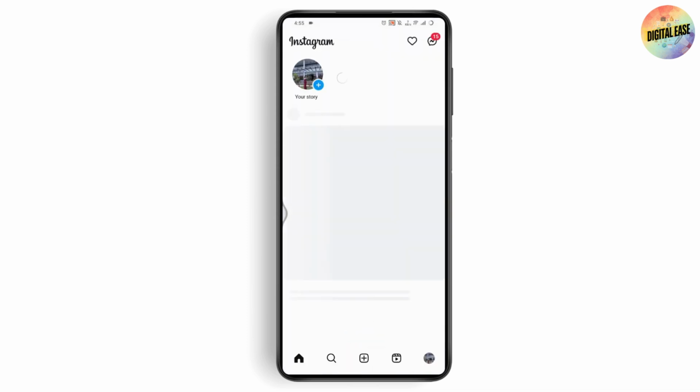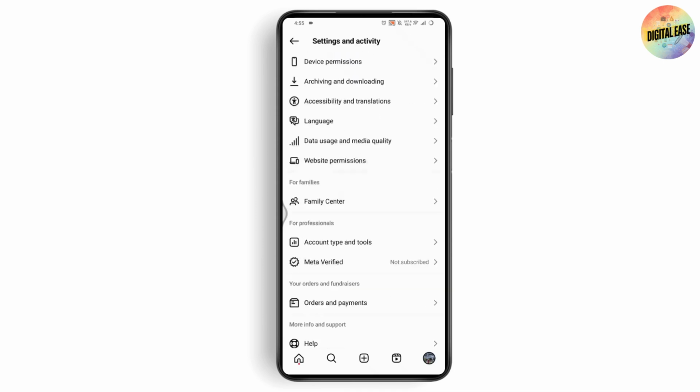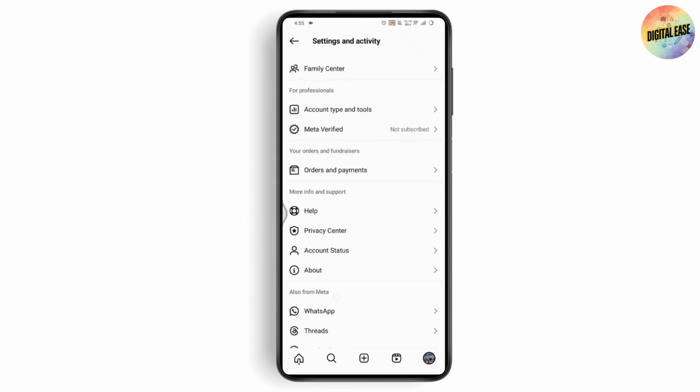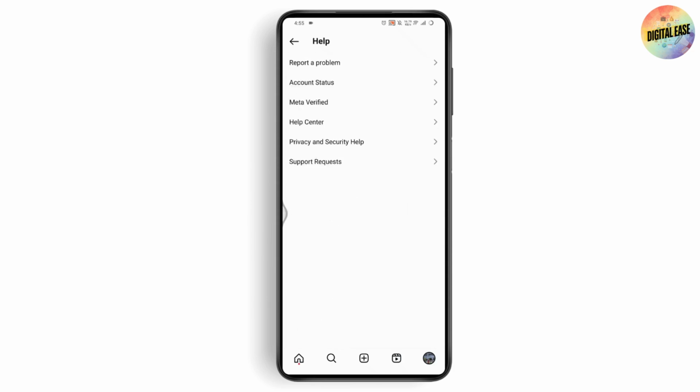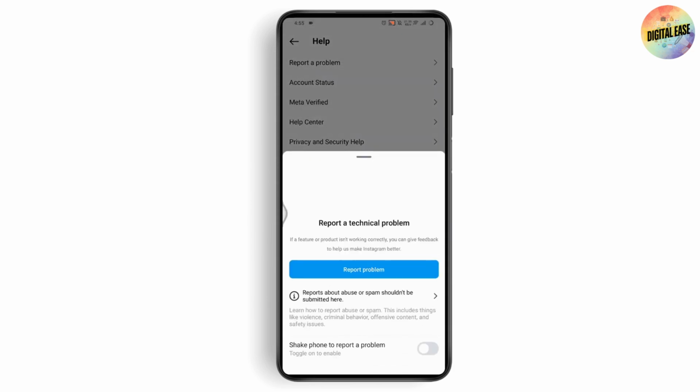Once you open up your Instagram, you need to go with the profile, which is on the bottom right. Go with the upper right, which has that 3-bar icon. And here you need to scroll all the way down. Go with the help option. Tap on help. Once you tap on help, you need to go with report a problem, which is on the first,